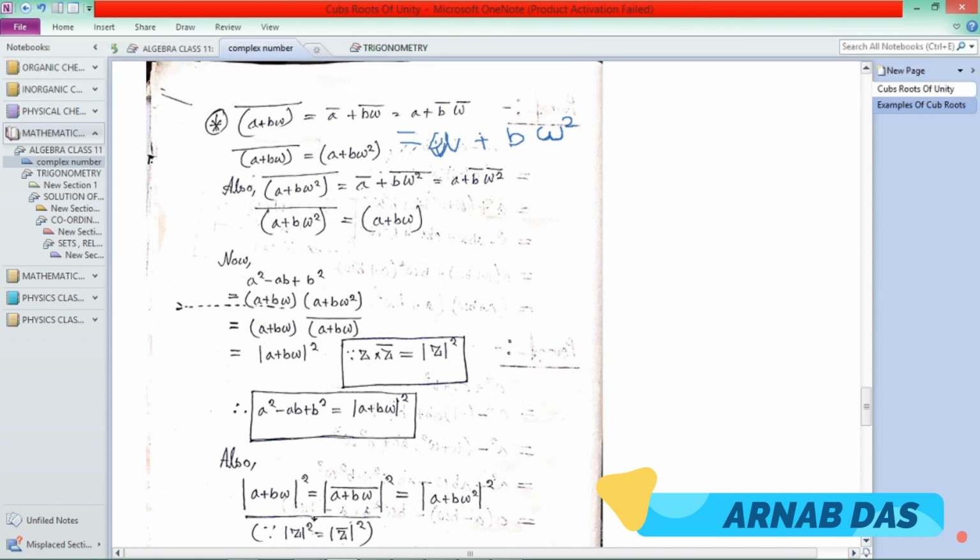So the bar of a plus b omega equals a plus b omega square, and the bar of a plus b omega square equals a plus b omega. This is very important. Why? Here you can see